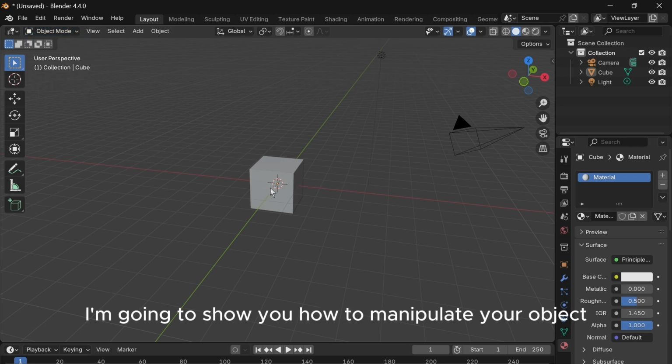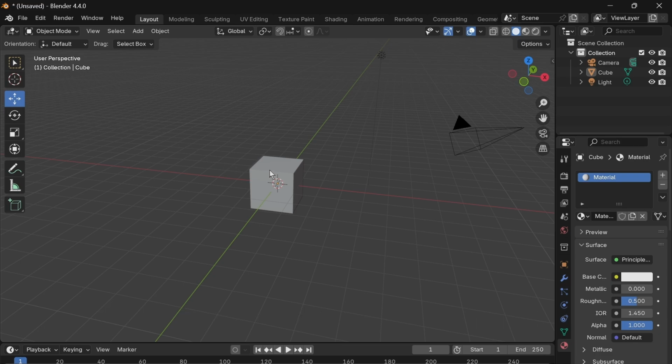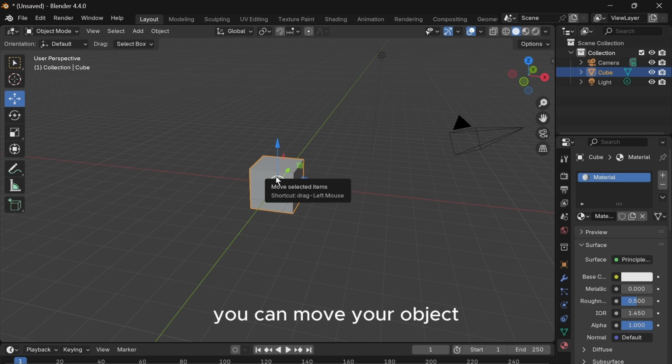Right now, I'm going to show you how to manipulate your object. First, you can choose the move you want right here. This is the move mode. You can move your object